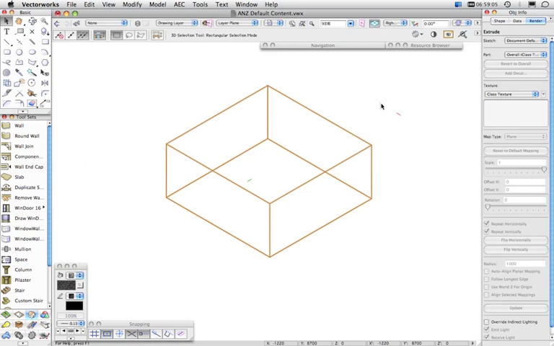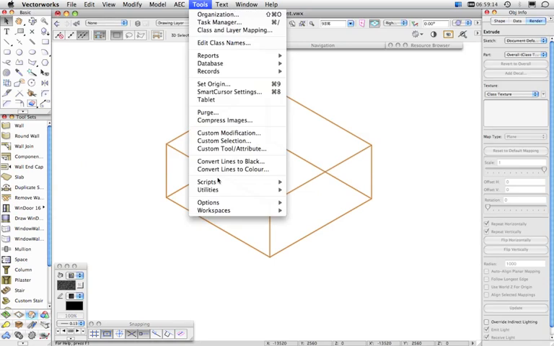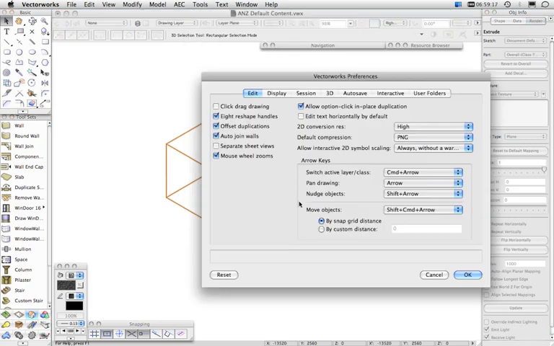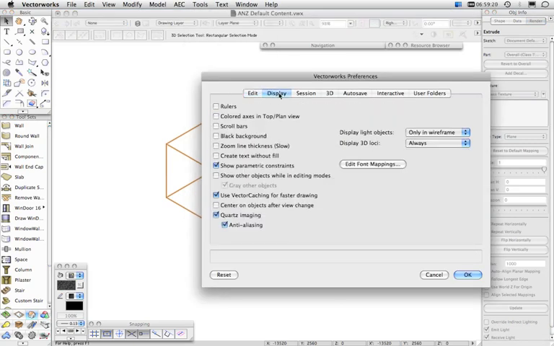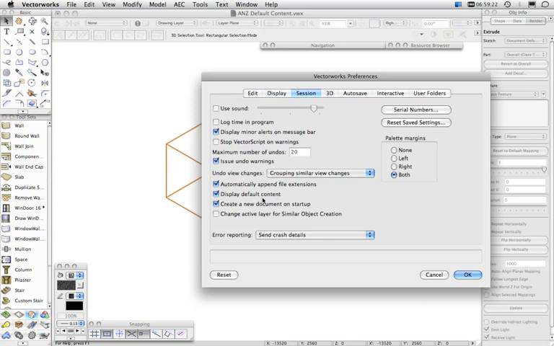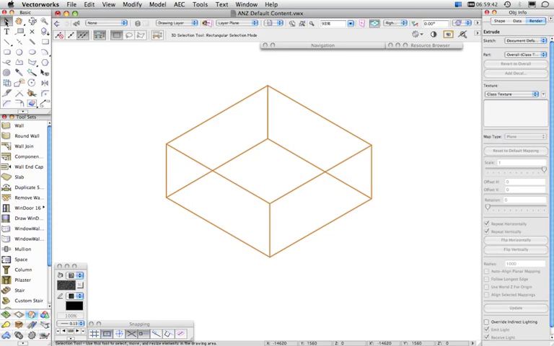And to see the default content that has been loaded with Vectorworks, you must have a particular preference turned on. If we go to the Tools menu, down to Options, Vectorworks Preferences, the one that you need to have on is in the Session tab, and it's called Display Default Content. That should be on by default anyway. But if you have this off, then you won't see any of the default content. There's also default content in WinDAW and in the VAA title blocks and things like that as well, in the existing tree tool. So that's a quick rundown of what default content